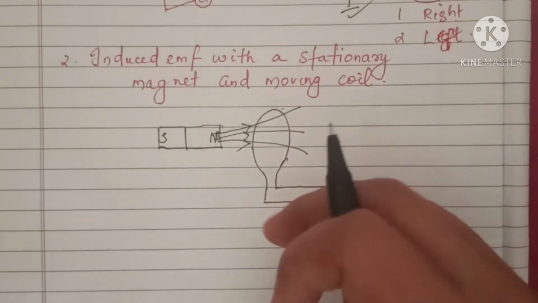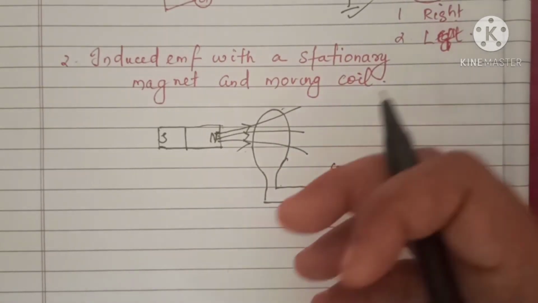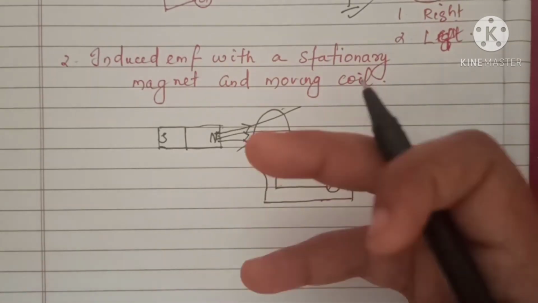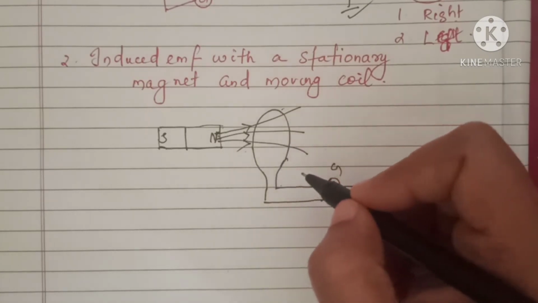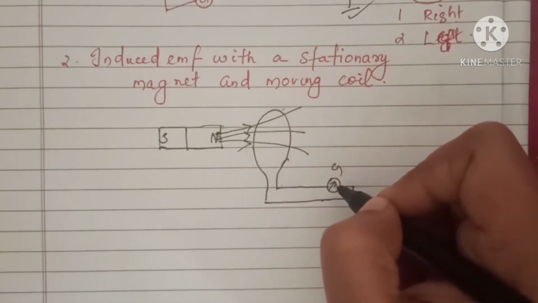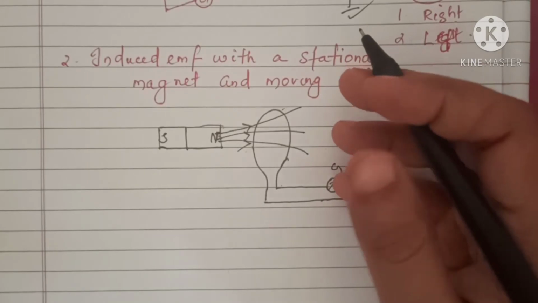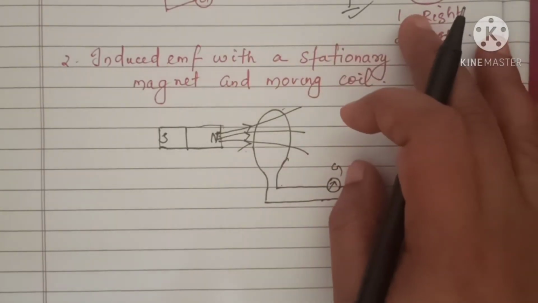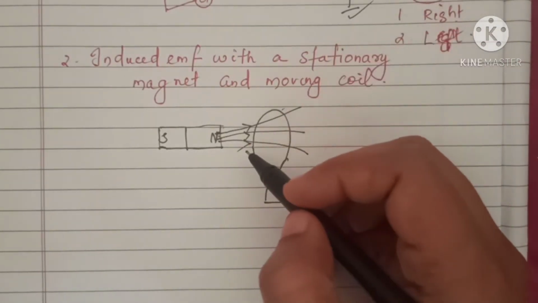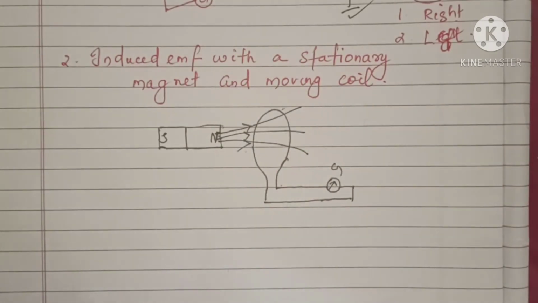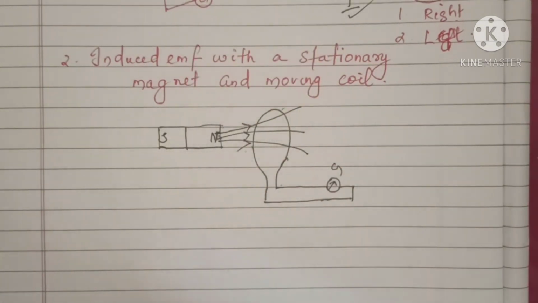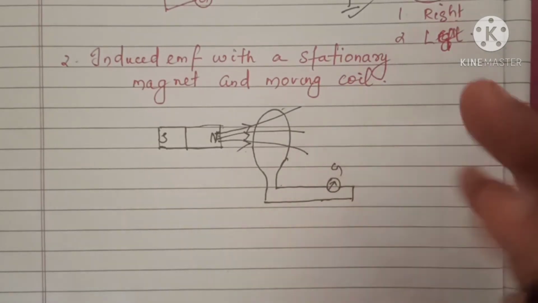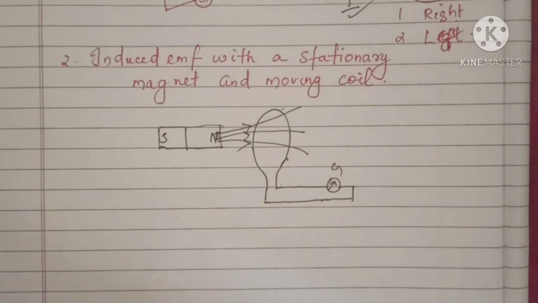When the speed is increased, that is, the faster the motion between the magnet and the coil, you can see the current increases. That means the induced EMF increases, as a result induced current increases. Understood? So from this experiment, again he concluded that either we can move a magnet or move a coil placed in a magnetic field, and you can generate some sort of current, which we call the induced current.